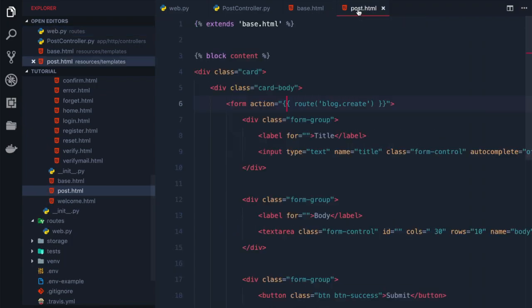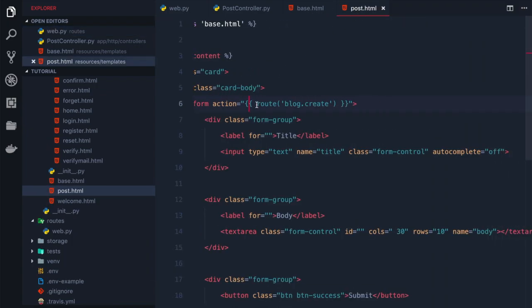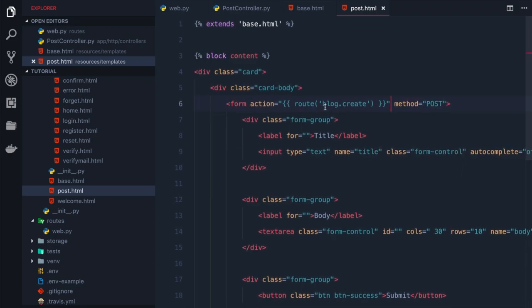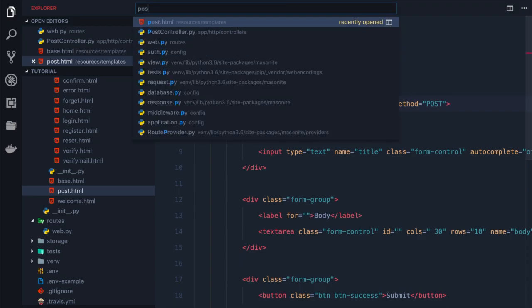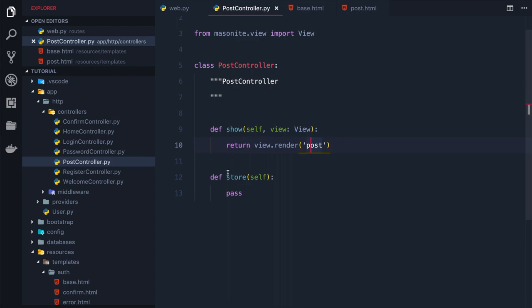So there's a couple of cool little helper functions here. You can read more about it in the documentation. Our method will be post. Okay, great. So now when we submit this form, it should go to our /store action, which is on our post controller right here. So now the data we want to submit, we're going to store it in our post